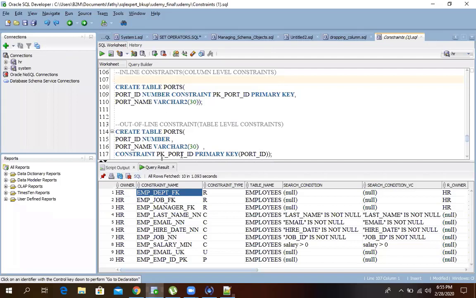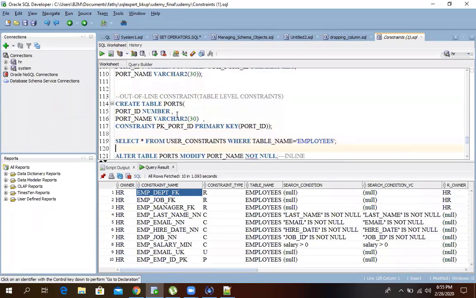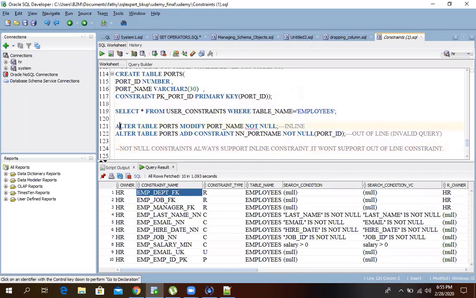Okay, so next thing is by using an alter command also. By seeing the create table syntax, you people are just telling whether it is an inline or out of line, but by knowing some shortcuts, likewise, you can also do it with the alter command. In alter, we can create a constraint, add a constraint, or modify the constraint. So many things we can do. So here see the syntax in alter table: ports, modify, port name, not null. In this line, what I am doing is adding a not null constraint to the port name column.